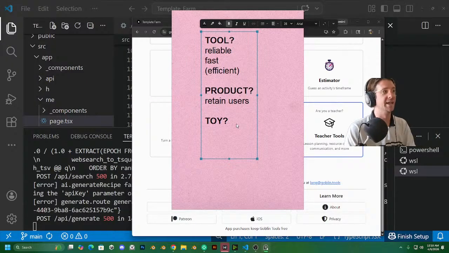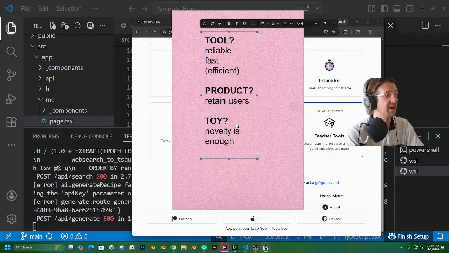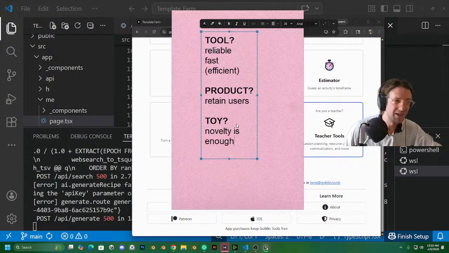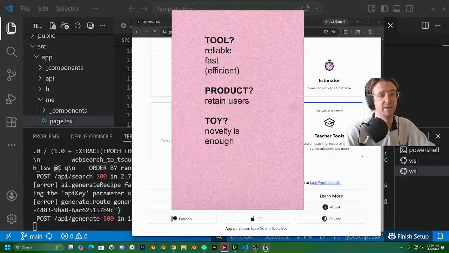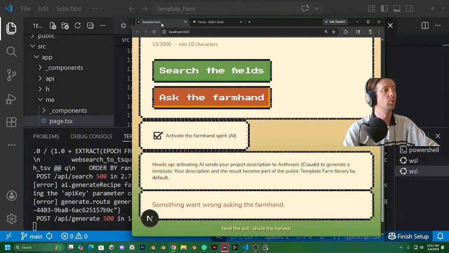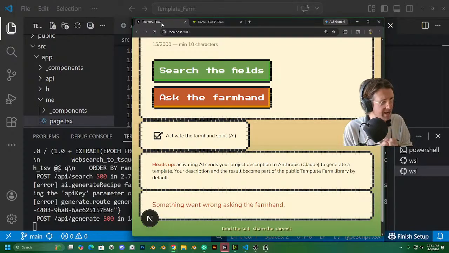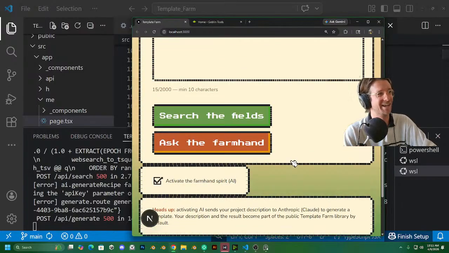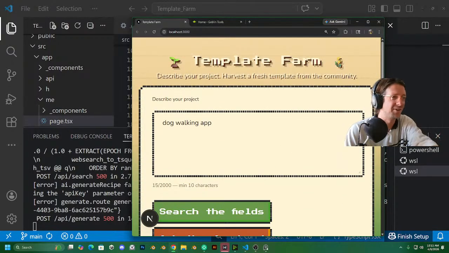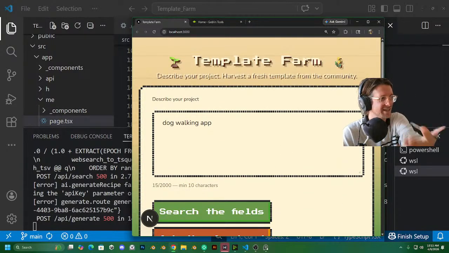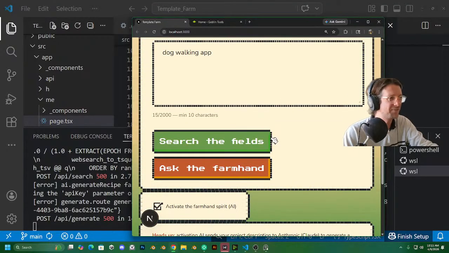And if it's a toy, then the novelty is enough. But I don't know, with the template farm, and we built this together. So if you are somebody who's very connected to the idea of template farm, I'm sorry that I'm just completely shitting on it right now. But if this is a toy, is it fun enough? Are we getting enough from just